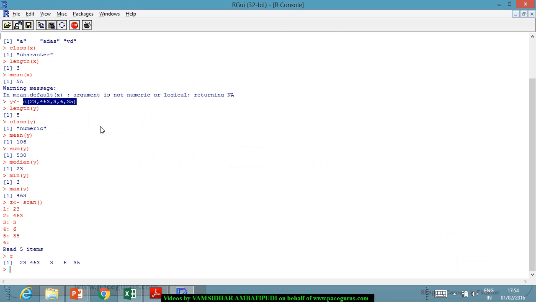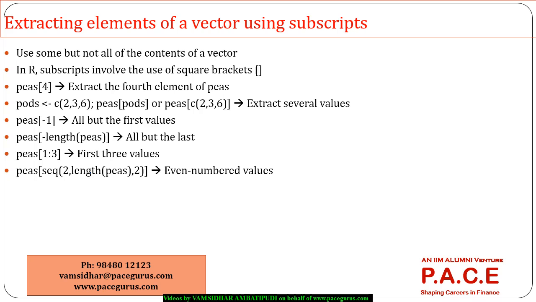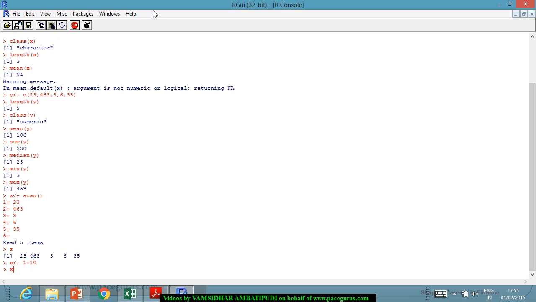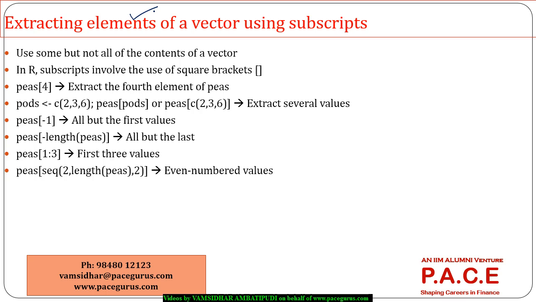Let's do something here. I want to pull some of the values of the vector. So here let's look at extracting some of the elements of the vector. So let's define a much proper vector, right? Let me say x is a vector taking the values from 1 to 10. So if I am defining x, it's 1 to 10. Now if I want to extract some subset out of this whole vector,